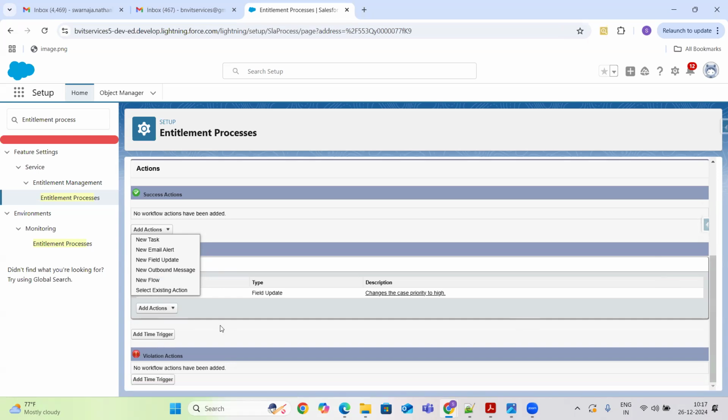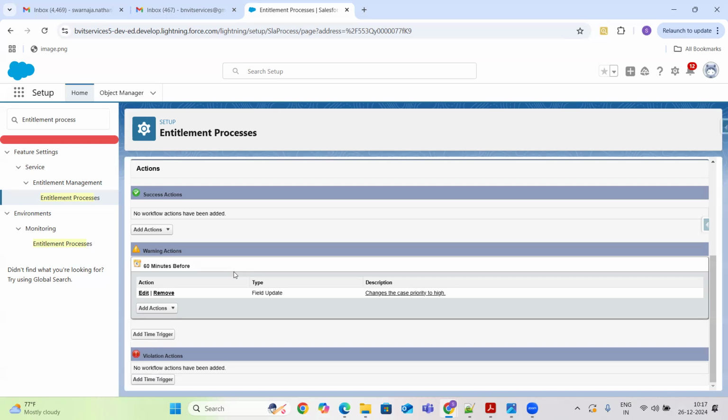The second thing is the warning operations. This is 60 minutes before. Say within 4 hours you need to send a first email response back to the customer, but until 3 hours you haven't sent any email response back, so we have just 60 minutes left.